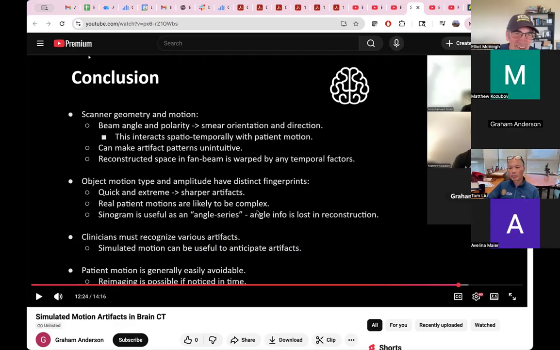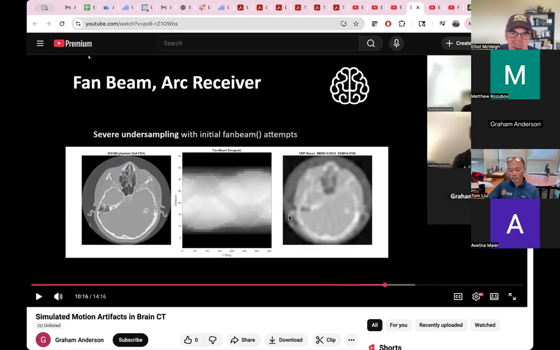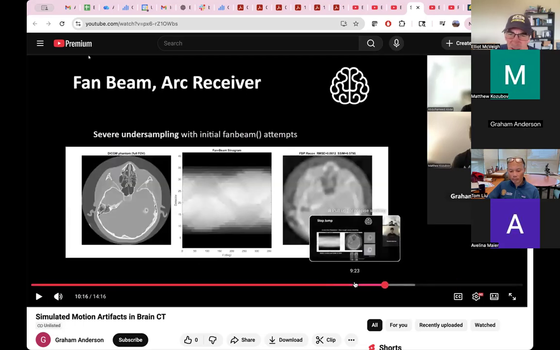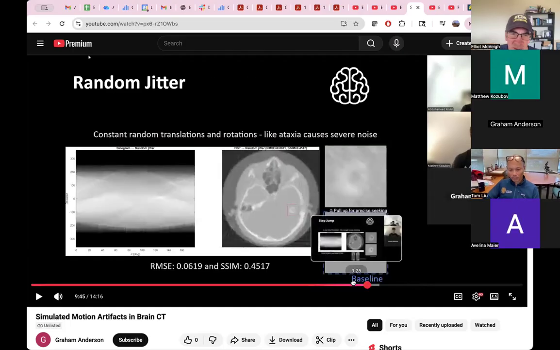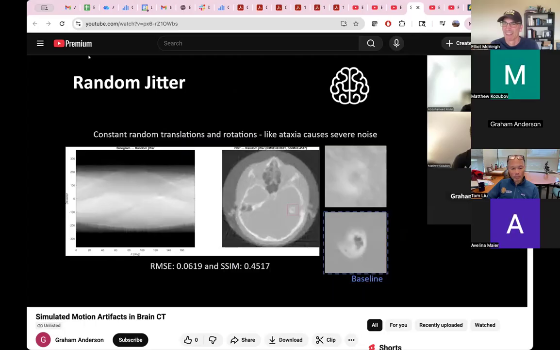Great, well, this is good. Thank you very much for doing all these good simulations. I think these are really useful in terms of understanding how this stuff falls apart under motion. And it's something that, as you get to higher and higher resolution, with pixels that are like 0.35 by 0.35 by 0.4 millimeters,